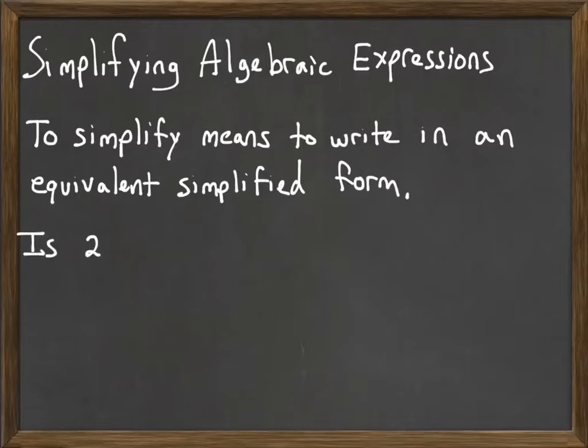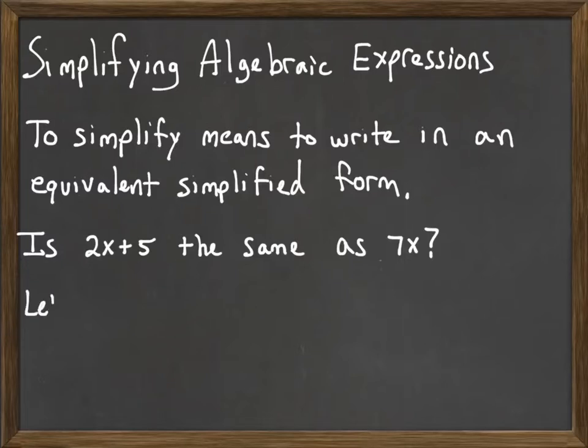So consider the following question here. Here I have the expression 2x plus 5. My question is, is that the same as writing it down as 7x? In other words, when I have 2x plus 5, a variable along with a number, can I just add the 2 and the 5? Well, to see if we can,